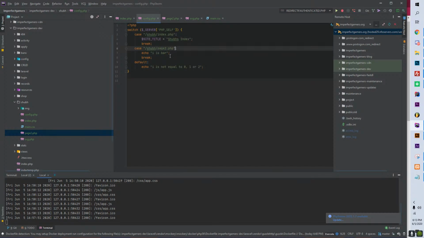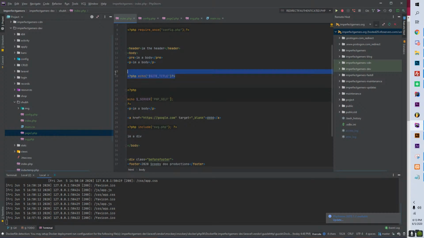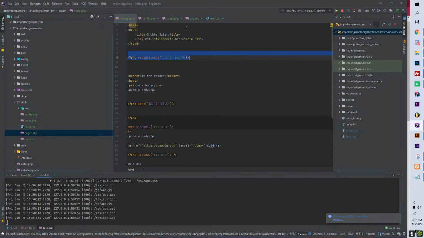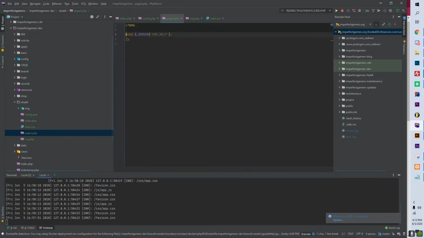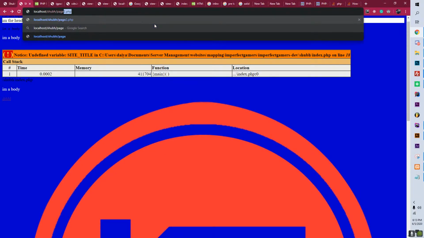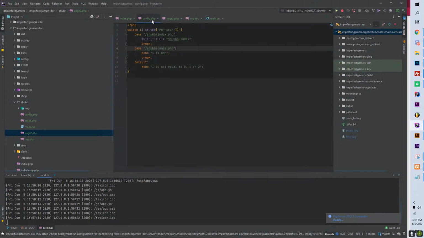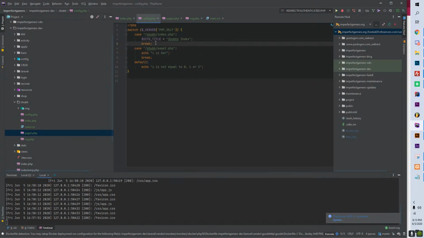Okay? And let's say I call this here, okay? Let me do that, okay? Now I go to page 2. I get "Apple is bar." Why do I get "Apple is bar"? Let's look at it again. The switch